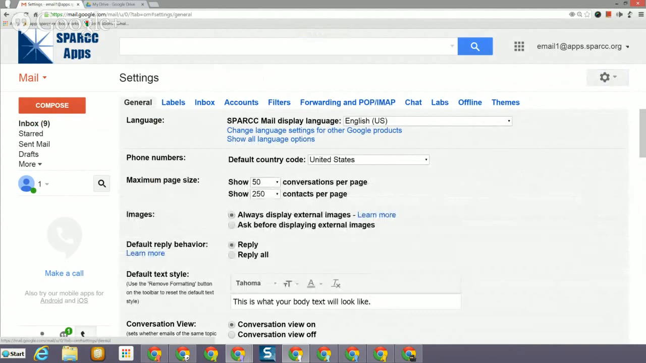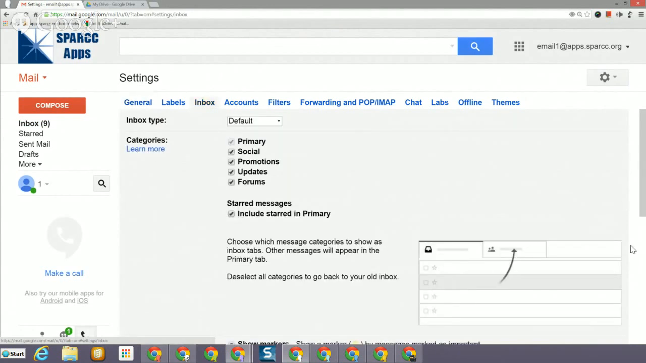This tab on the far right is for themes. Again, you can set up themes from here. We're not going to worry about that today. The next one talks about labels, which we're going to be coming back to later. And then the third one talks about inbox. And this is where we can change